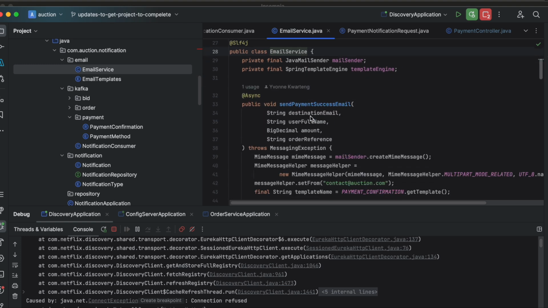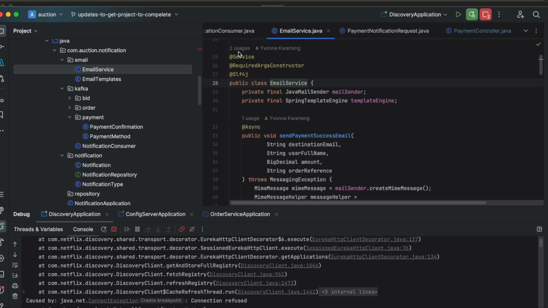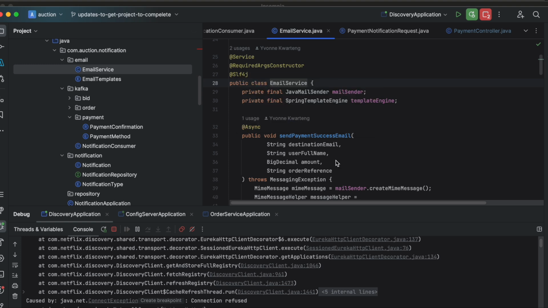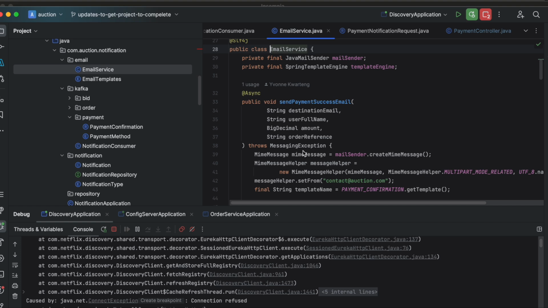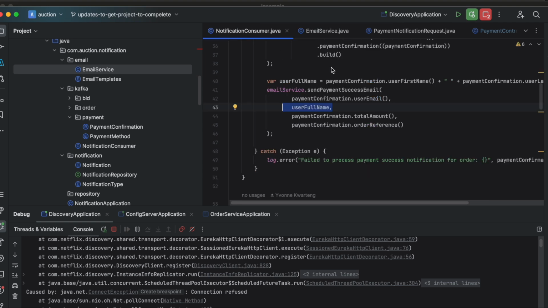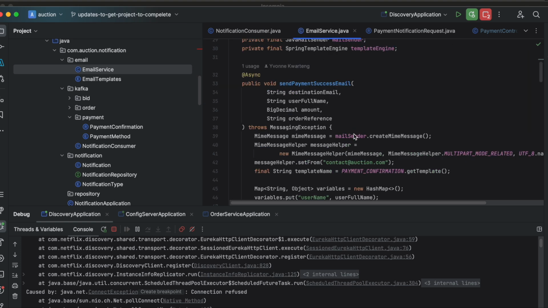Then we've got the method here. We've annotated it as async. Remember, we've got the annotation as service here, and also required args constructor. And if we come back to this method, we've got the destination email, the full name of the user, amount, and reference. This is what we are sending through. If we go back to the service,